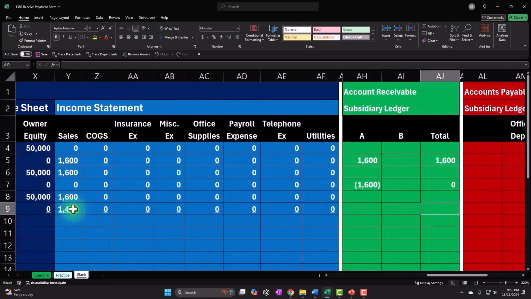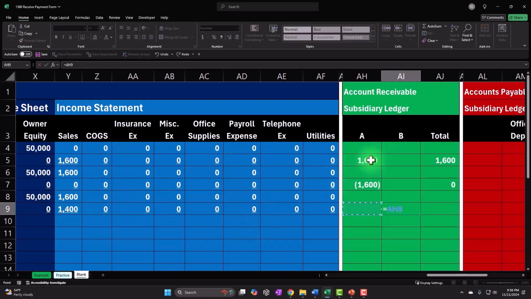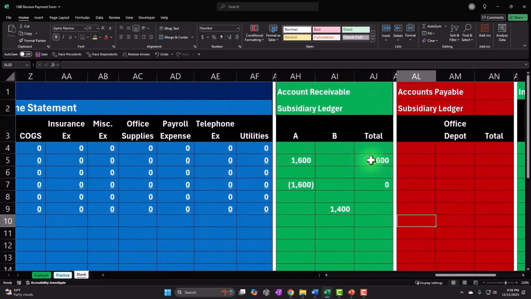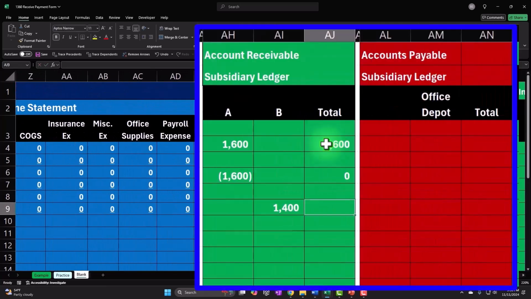Subledger is going up. Now we're going to say tracking B customer owes us money. So I'm going to track this in the subledger for B, 1,400. Therefore, our total in the subledger should match